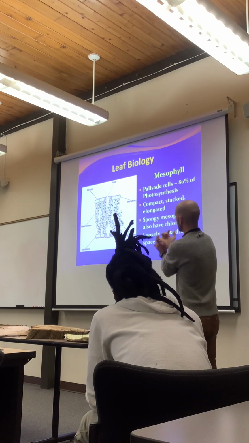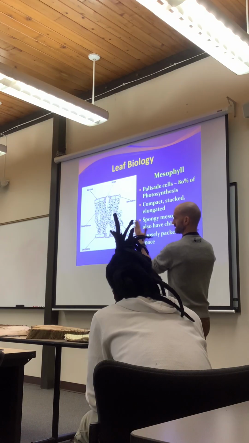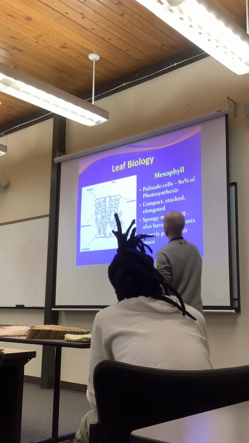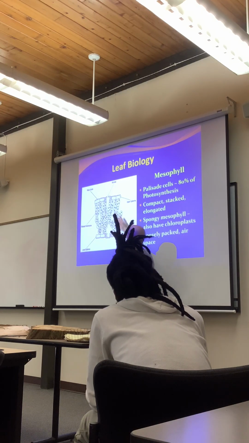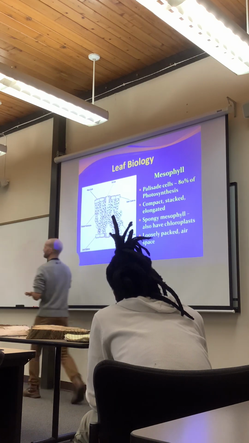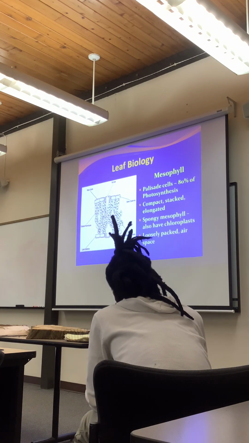Mesophyll tends to be compact, right? Some are elongated and lined up close to each other. The others can be stacked on top of each other. Tend to be more loosely packed down below, tighter packed up here. And if for some reason the light source were to change, let's say this is